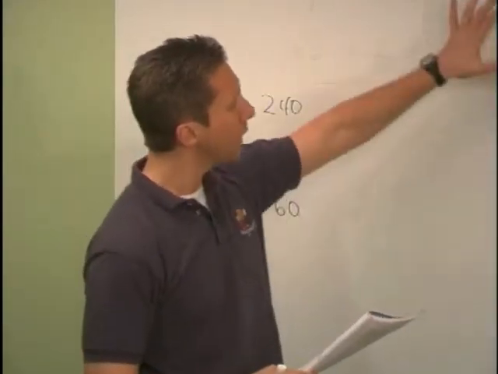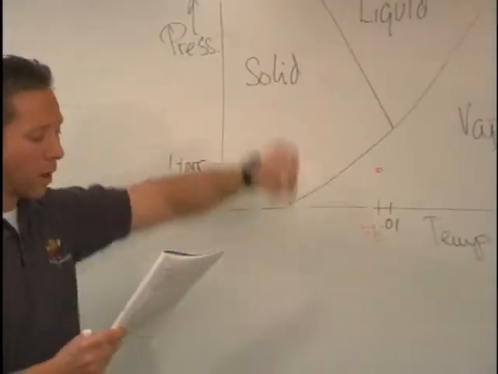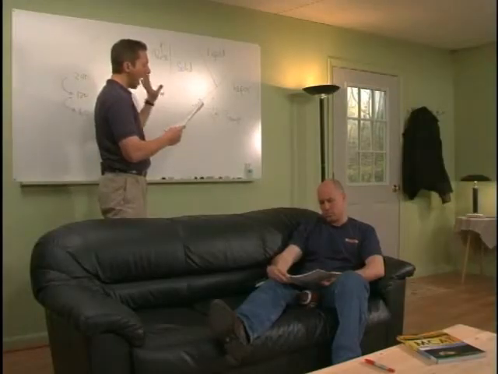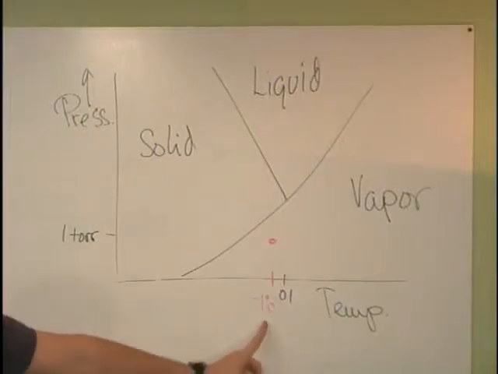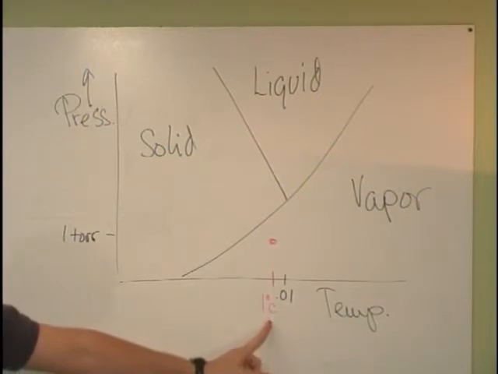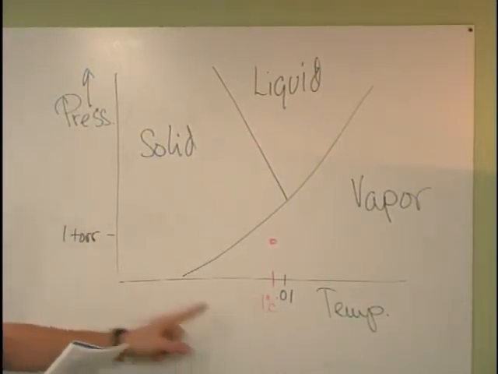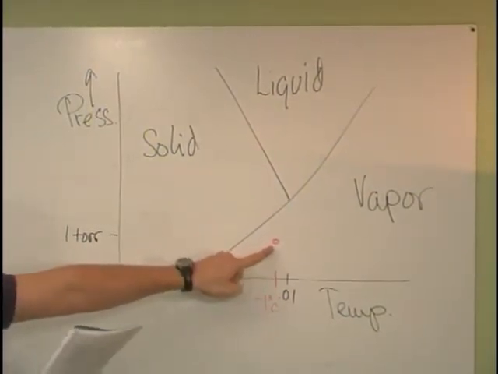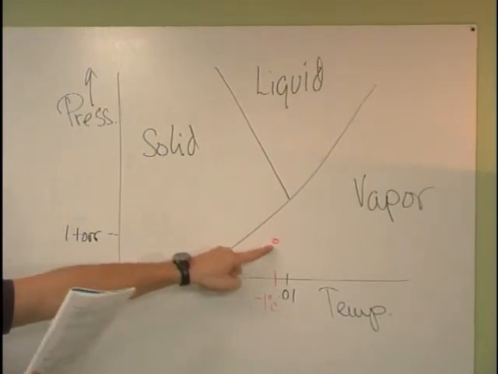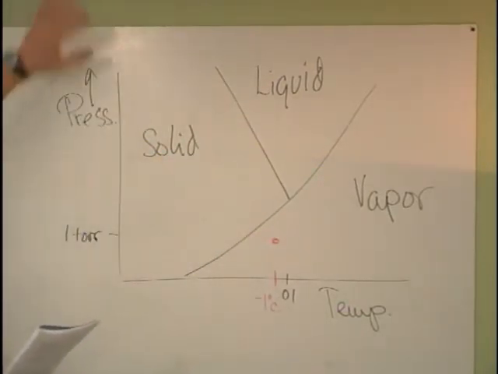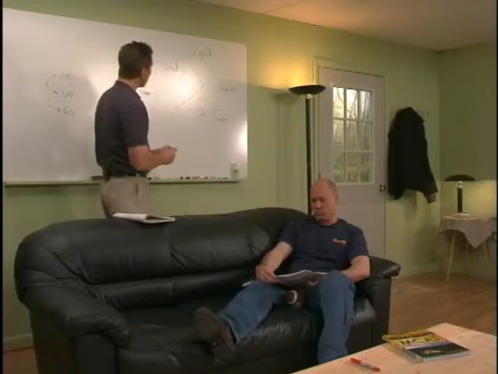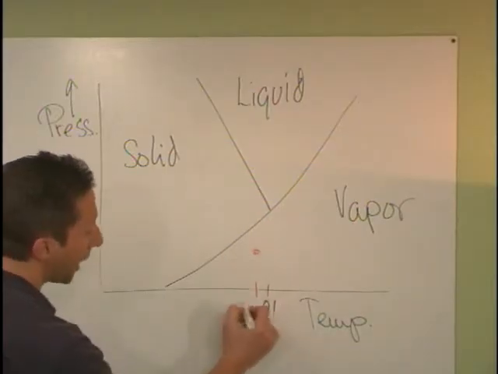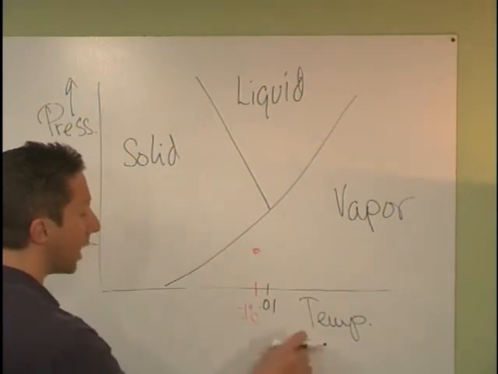For question 53, I've drawn the phase diagram for water. The question asks, as the pressure applied to a sample of water at -0.1 degrees Celsius, which would be a point right about here, is increased from 1 torr, in other words, this point right here, to 200 atmospheres. In other words, as we move vertically here, we're going to increase our pressure. So we're going to draw an isothermic line moving upwards from -0.1 degrees Celsius